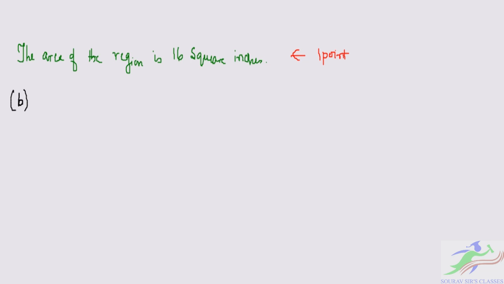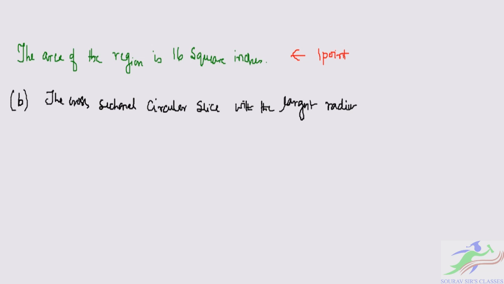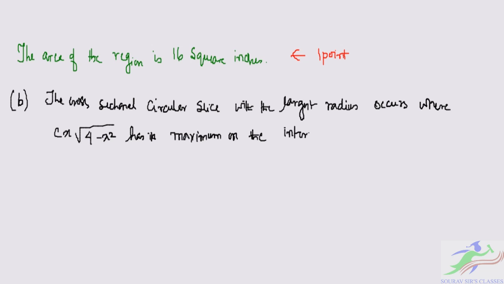So the cross-sectional circular slice with the largest radius occurs where c x root over 4 minus x square has its maximum on the interval 0 less than x less than 2,